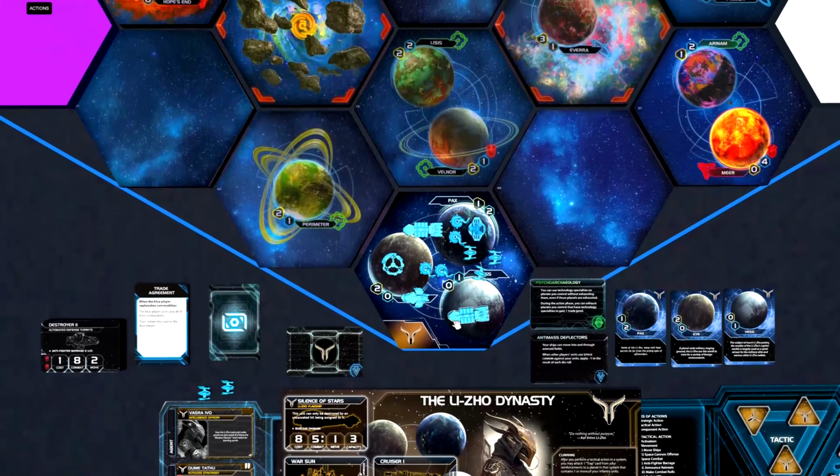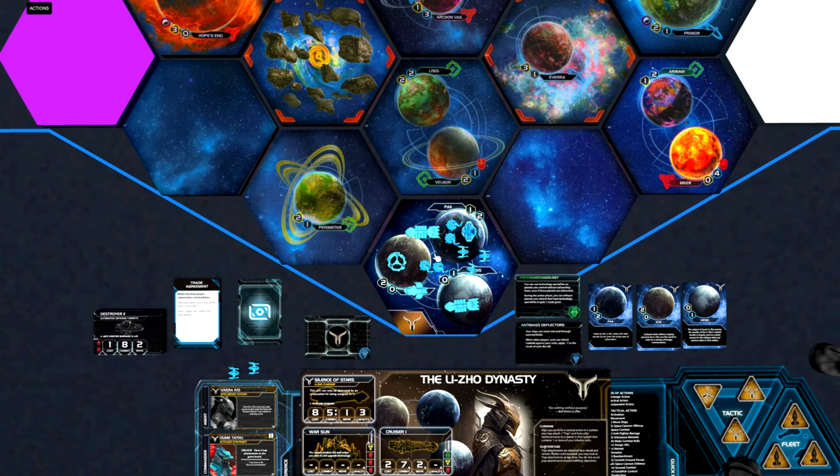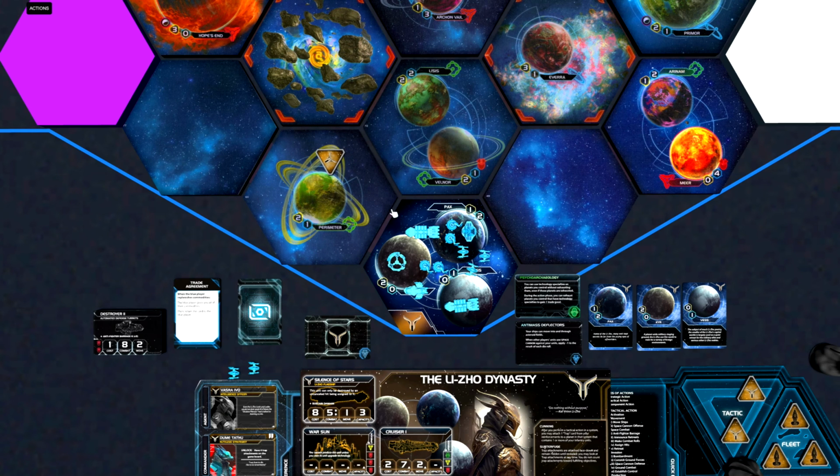Let's jump to the starting units. So they start with 2 carriers, 3 fighters, 4 infantry, a destroyer, a PDS and a space dock. And with this we can easily gain control of up to 4 planets in 2 systems. So let's fly out here with our carrier and 2 infantry for instance, because that will bring us to both